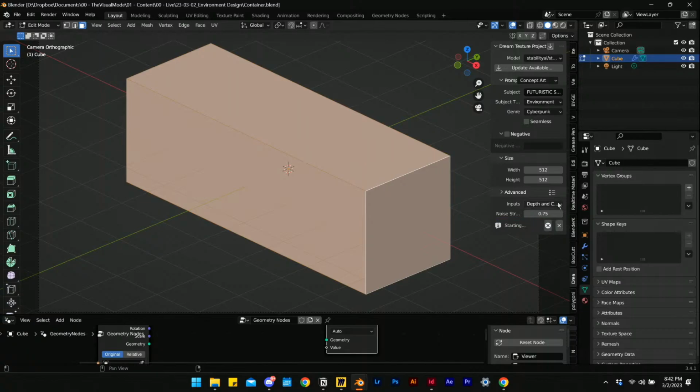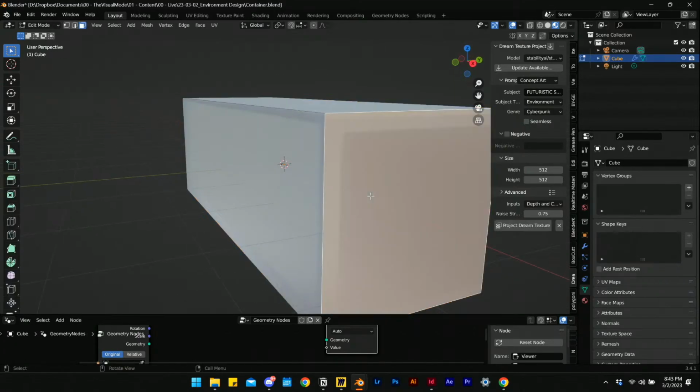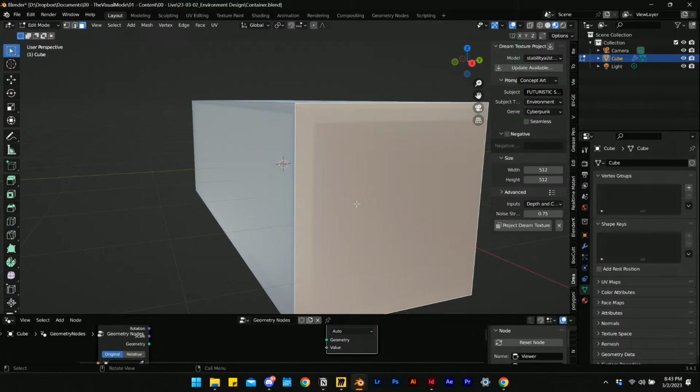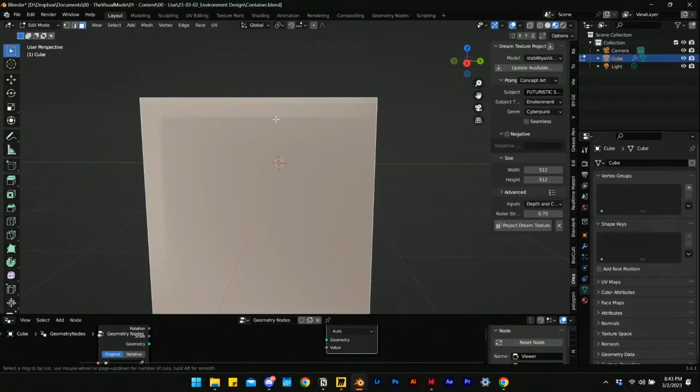The reason we're going to put depth and color is because what's going to happen right now is we're going to be calculating the depth in the scene. So essentially it fades out from the front of the object to the back, from here to here. And that gives a visual representation of how far away things are or which way things are facing. So if we go into the material preview, we should be able to see we did get a texture from the AI, but it's really bare bones. But this is what I figured, is we're going to have to go in here and start adding some loop cuts. So at least we can use that right there which the AI has created for us, to basically start